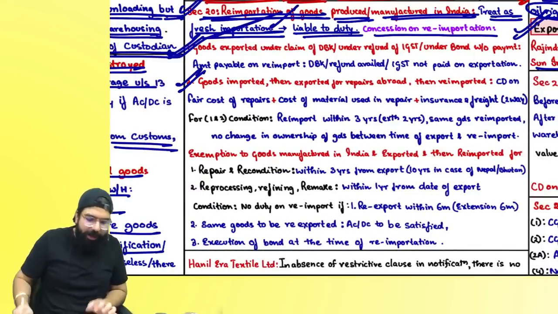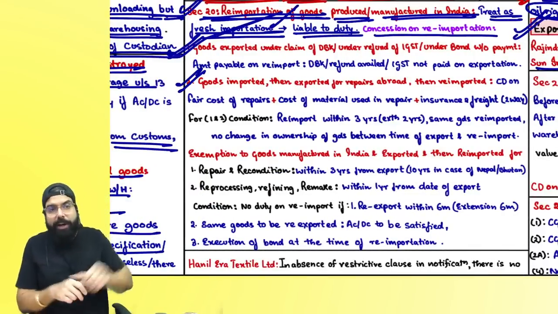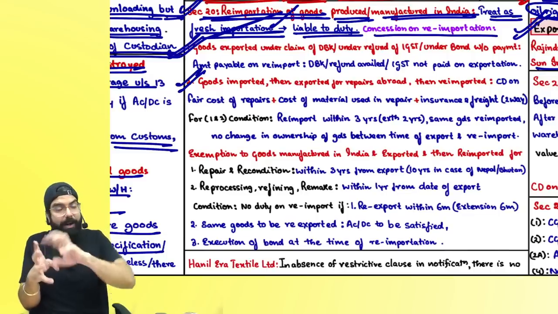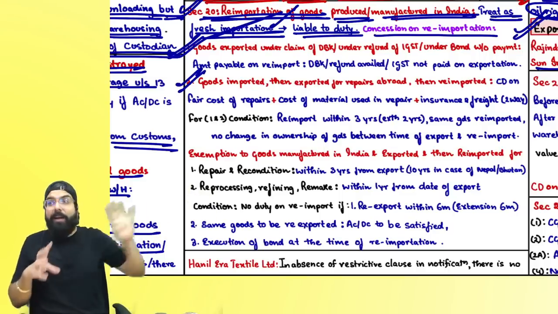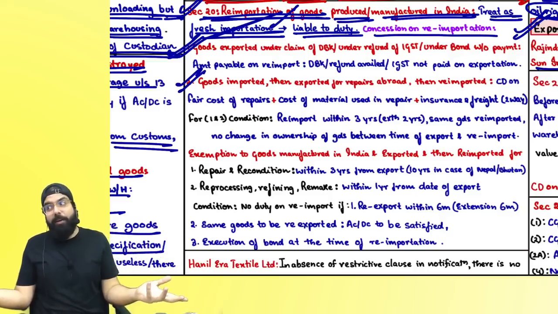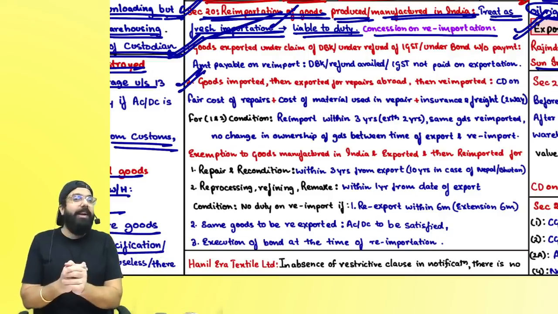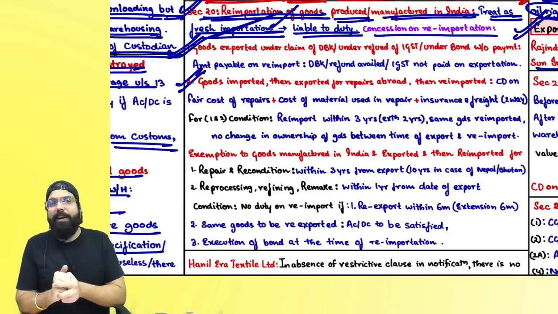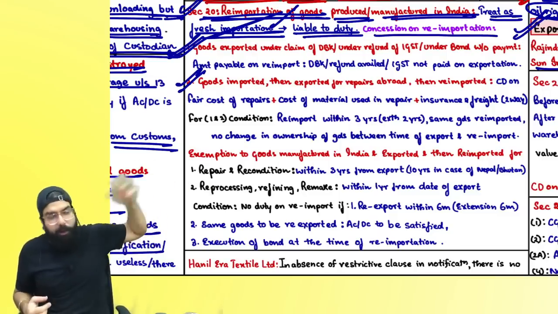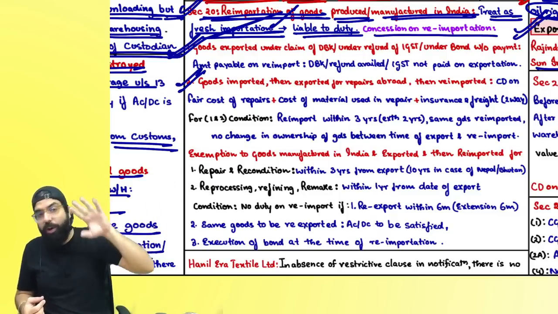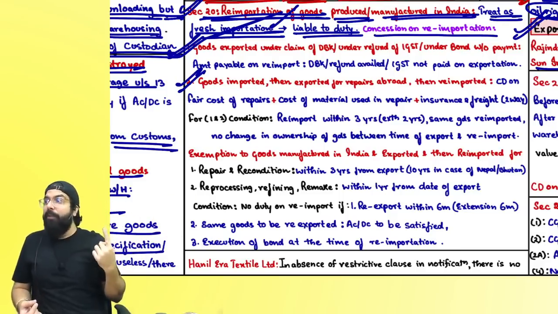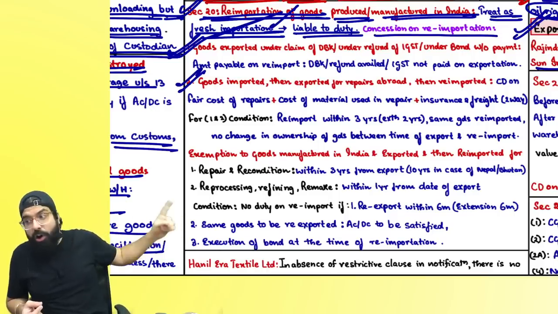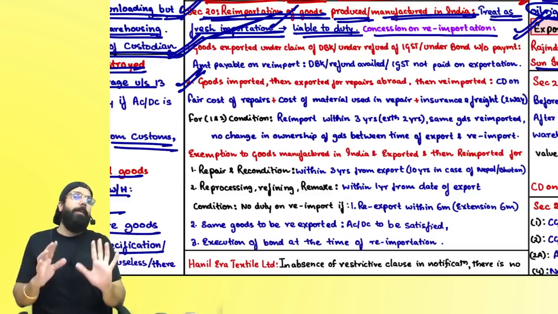The second one says, sir, you imported some goods, some problem happened, and you re-exported for repair, and that person will repair and give it back. Now when you are getting it back, reimportation is fresh importation, you will have to pay duty, but then they gave some exemption. You imported some material, say an AC, and you already paid the duty. Now you are exporting it for repair. The going and coming freight and insurance, plus the fair cost of repair, material plus labor, that total amount, you will have to pay the duty on.